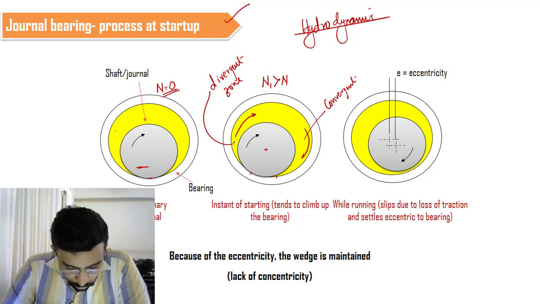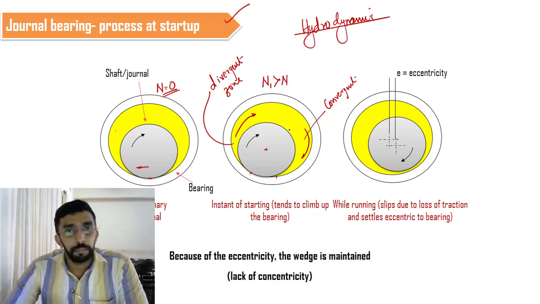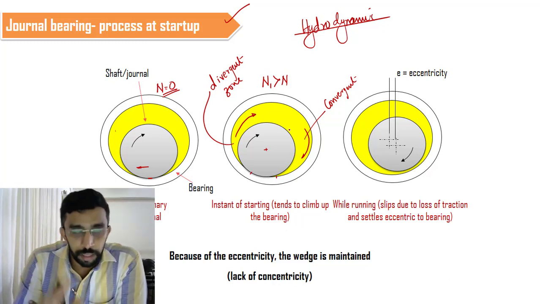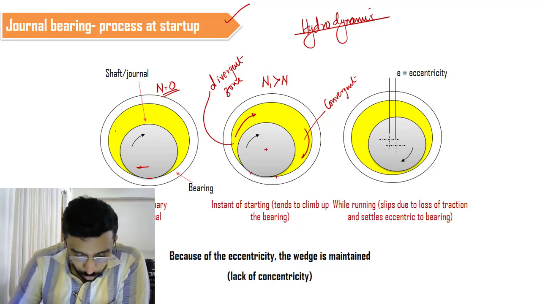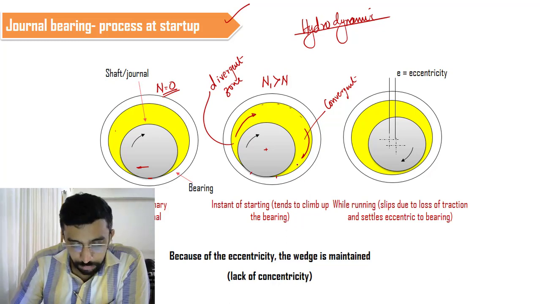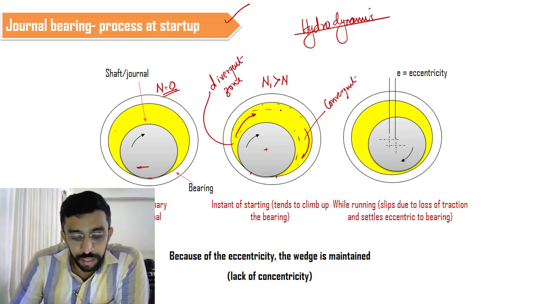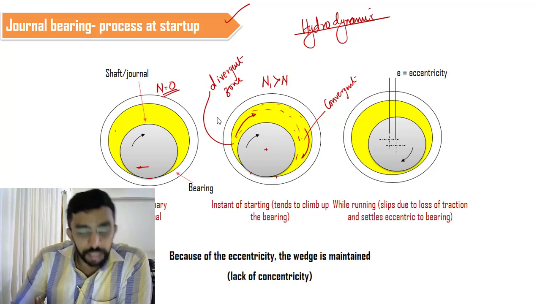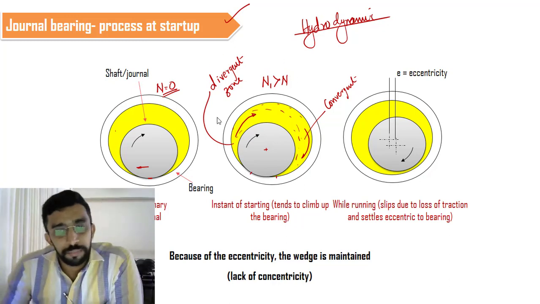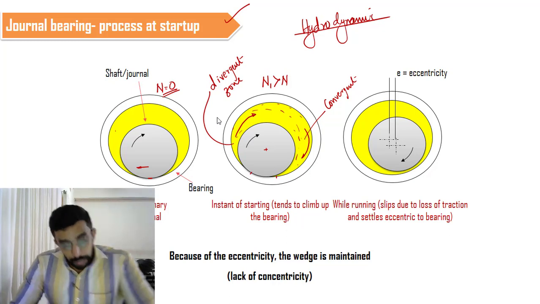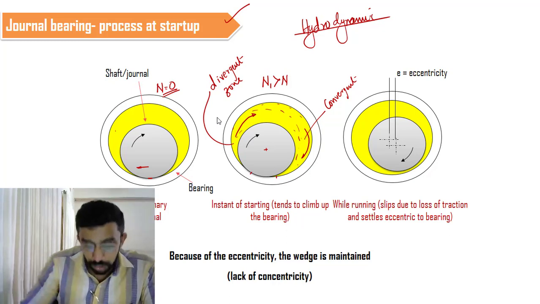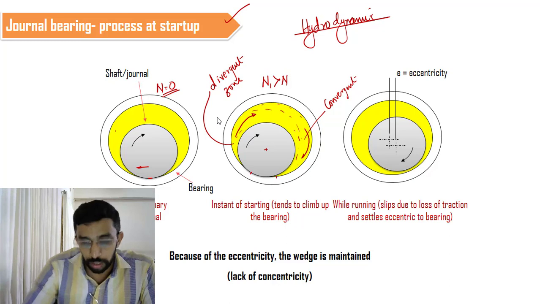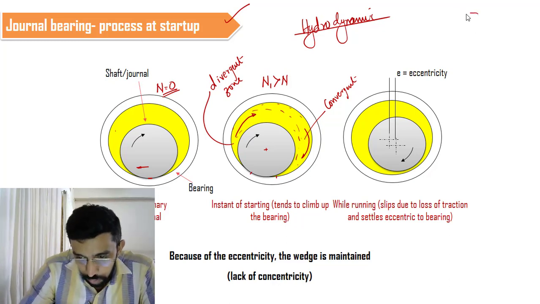So it is diverging from here, it is converging here. But you have to keep one thing in your mind, that the oil has got only the space here to move around. You don't have any other space to move around. So it will be moving around through this divergent and convergent zone. Right.